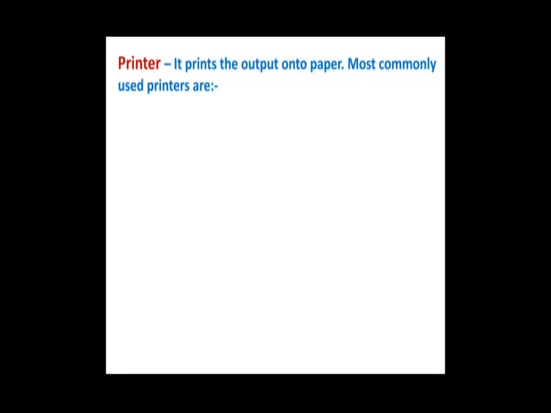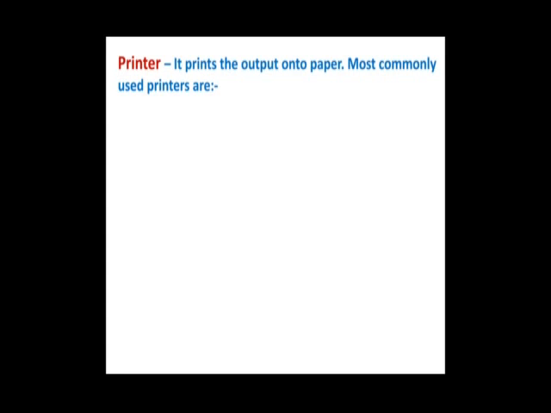Now till now what we have discussed is the first one is the monitor. So the monitor output, whatever output you are getting through monitor, that is in the form of soft copy because we cannot touch that output. Yes, and even the output that we are getting from speaker, that is also a type of soft copy, but it is music, a different format. Yes, you can listen, you can feel that music.